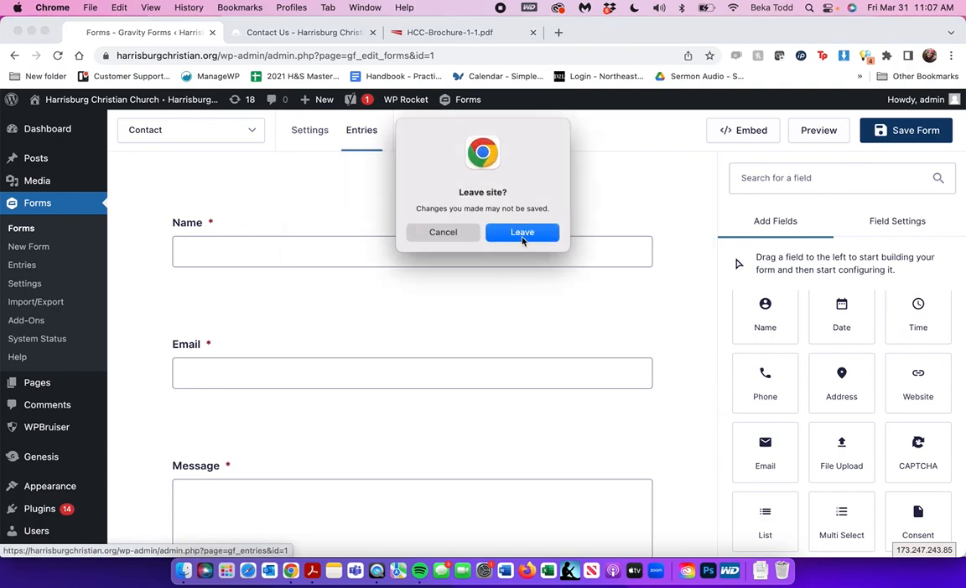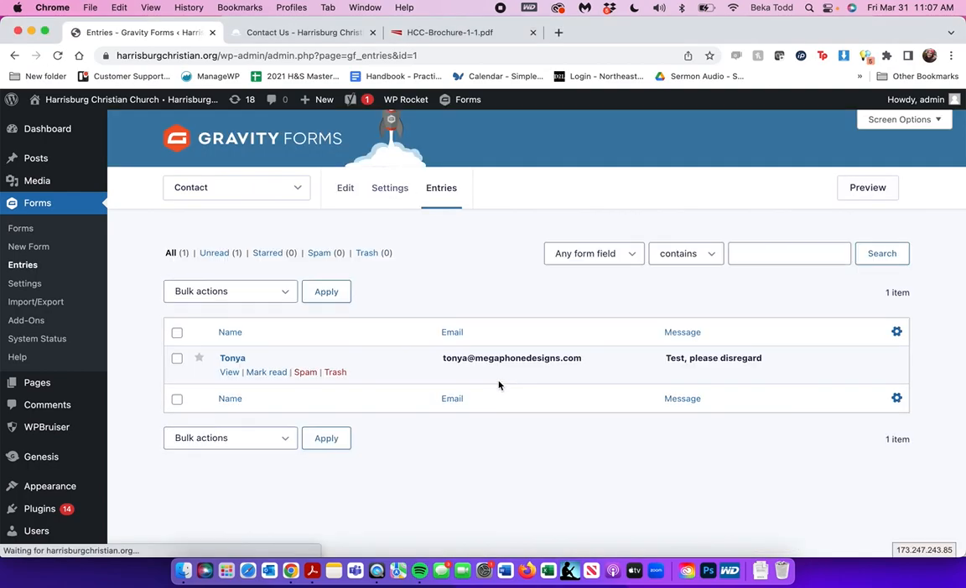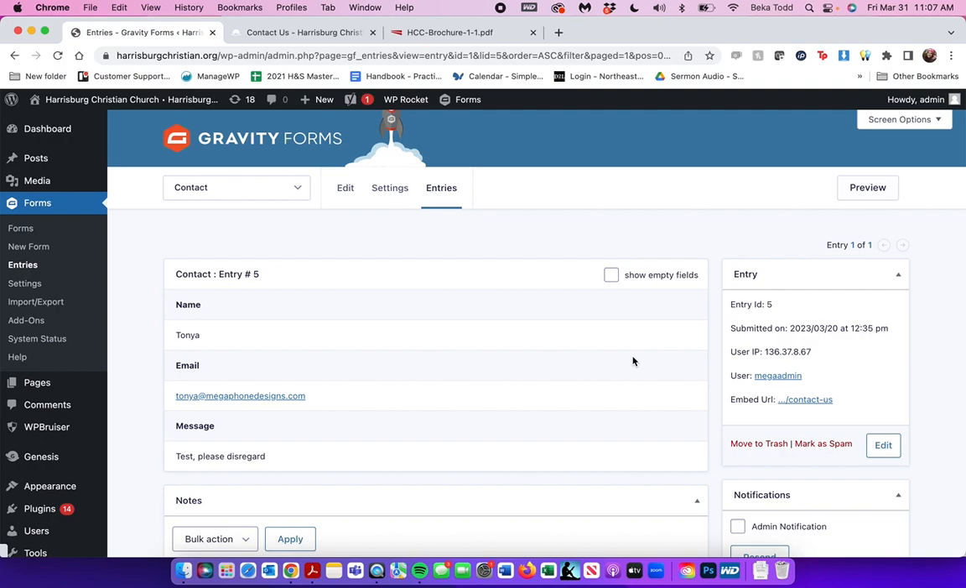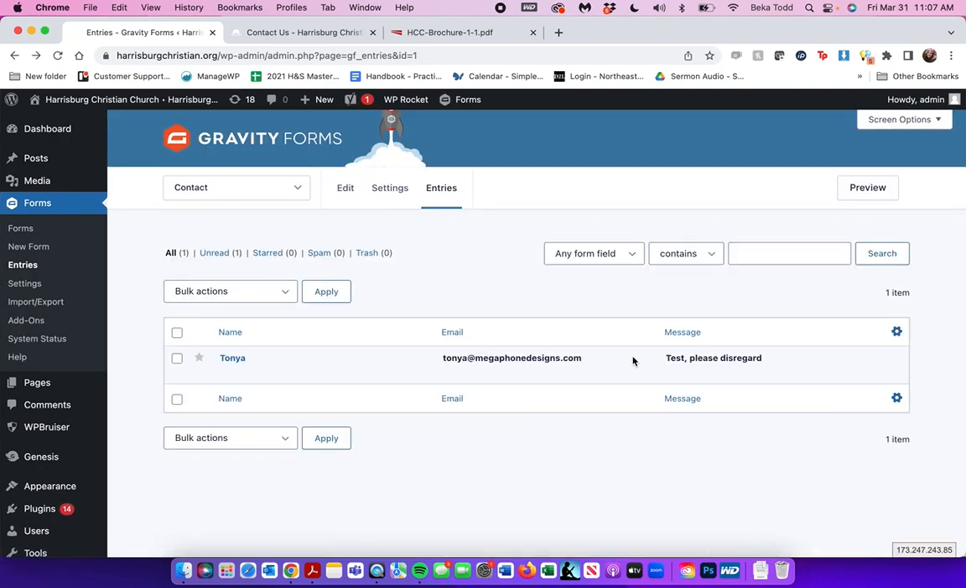I don't need to save my changes because I'm not editing. I'm not wanting to save those edits. I can see my test form here, so I can view all the entries from here. And then under settings, if we go to form settings,